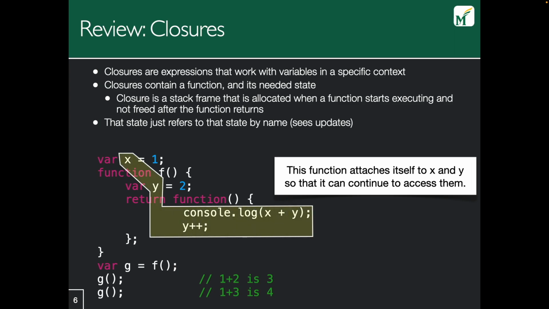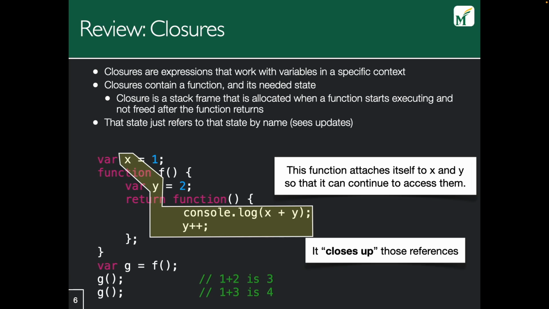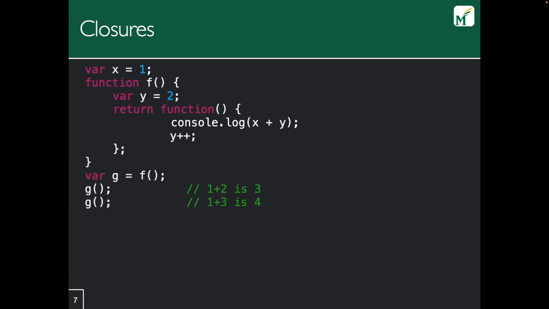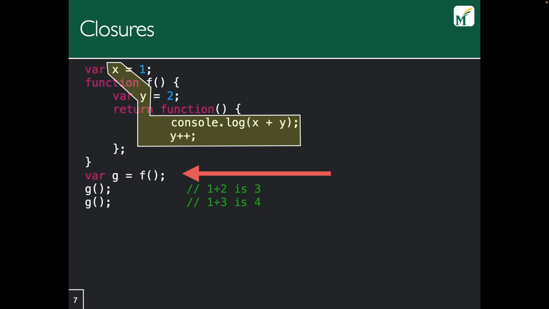So if we look at this, this is what you'd consider to be the closure, right? This inner function needs access to these outer variables, so it's going to wrap those up in the closure so that it has the context it needs to actually execute in practice. So it closes up these references. So if we were to look at this on a step-by-step basis,